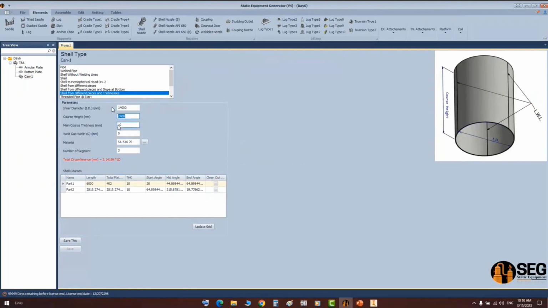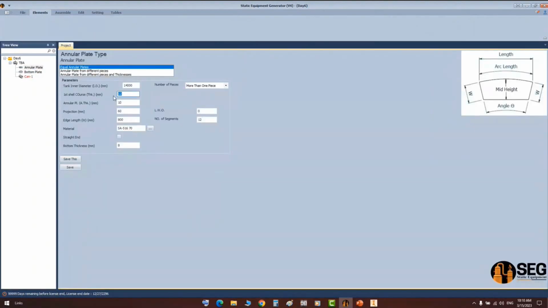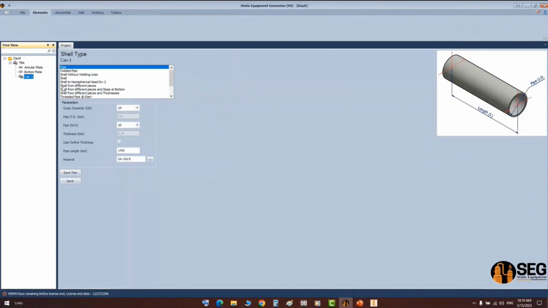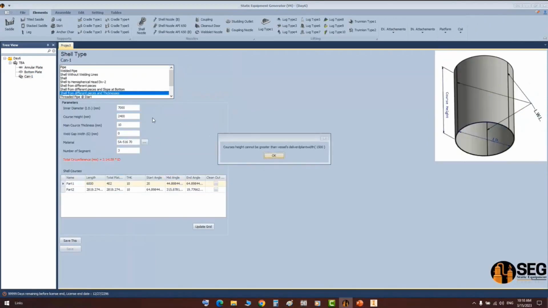Then define the height, and as mentioned, the height here should be not more than the defined value in the delivered plate dimensions. Here the thickness of the can. So let's check what's the value we entered here. It's 12. So let's come back again here and select this type. Define the inside diameter, height,